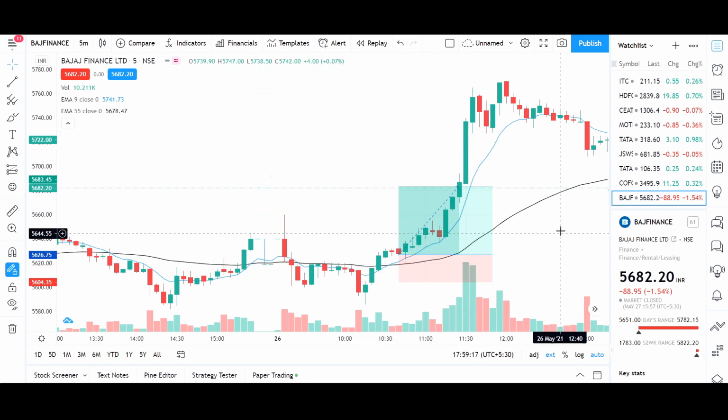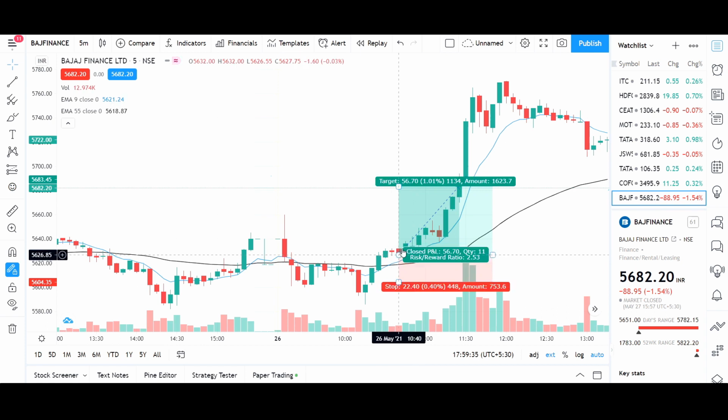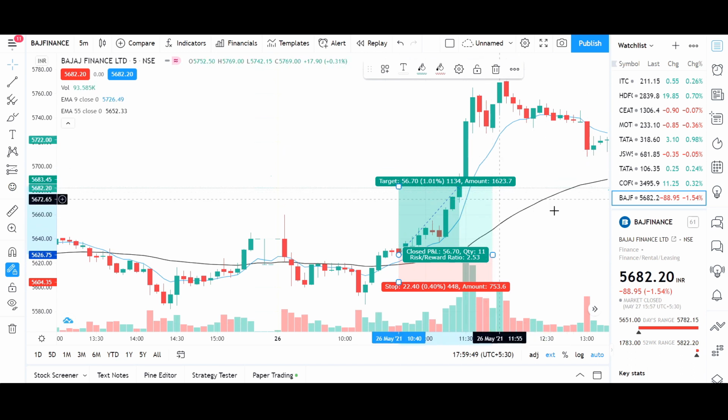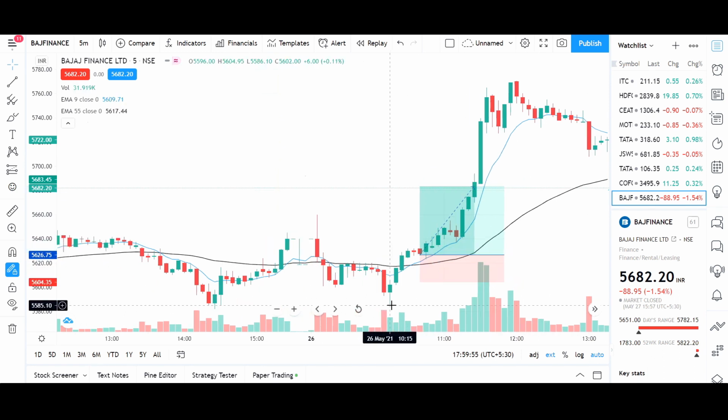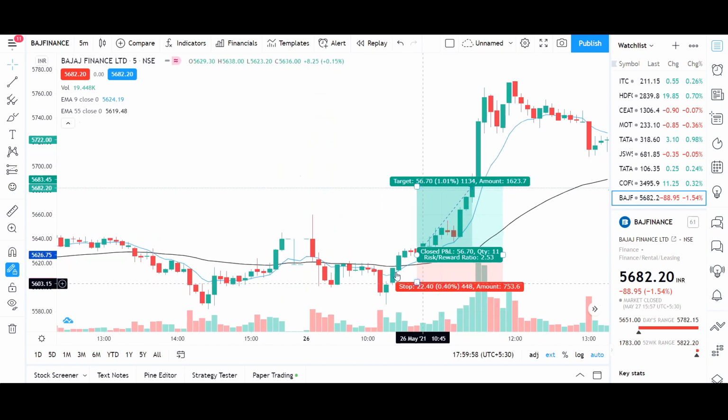Now I'll show you how you can short sell using the 55 EMA and the 9 EMA. So I'll just repeat it at a high level again, how you can take a bullish trade. First you have to wait for the 9 EMA to cross above the 55 EMA. All right, wait for a couple of candles, and then after 1-2 candles, you enter. Keep a reward, take profit target price of 0.50% to 1%, right? It completely depends on how good of a trader you are, and a stop loss below the 55 EMA. Okay, so this is how we can take a bullish trade using the 55 and the 9 EMA crossover. Very simple and very easy.